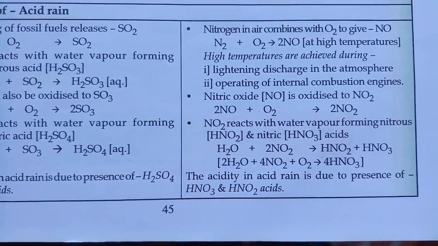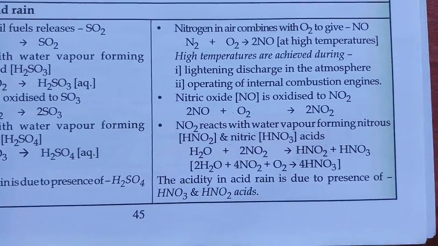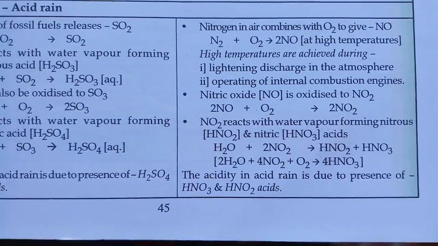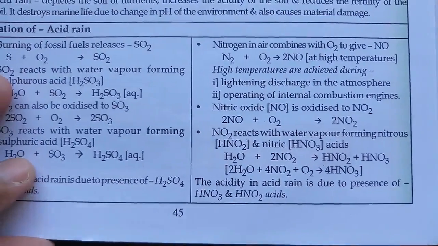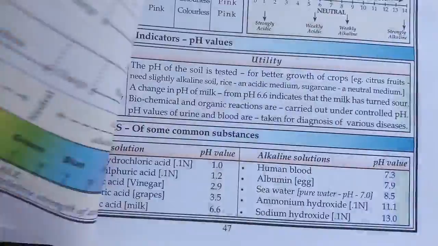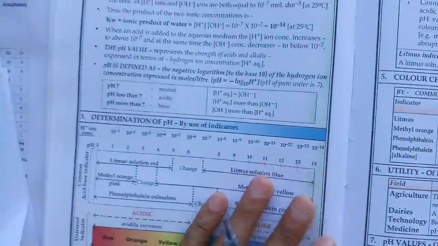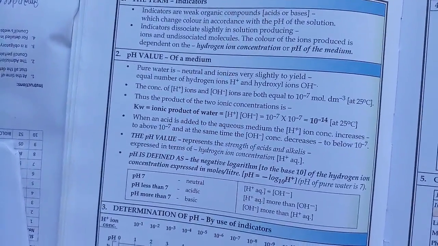right? And then this NO reacts with the oxygen again in the air and turns into nitrogen dioxide, which with the water turns into nitric acid and comes down on the soil and harms the fertility of the soil, right? Now these are the few tests we need to learn.